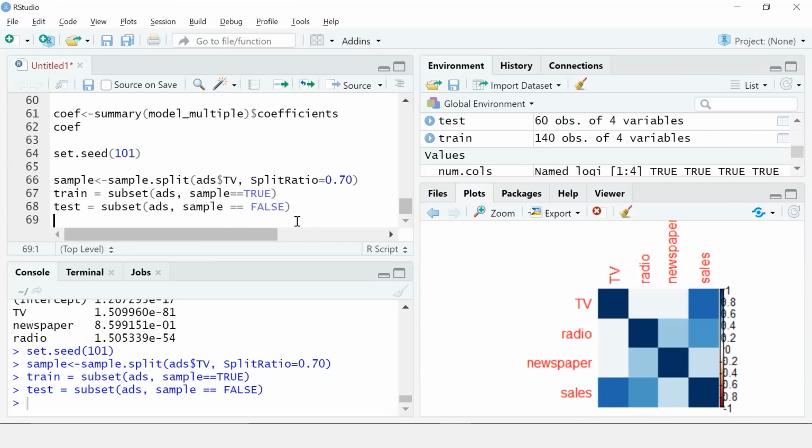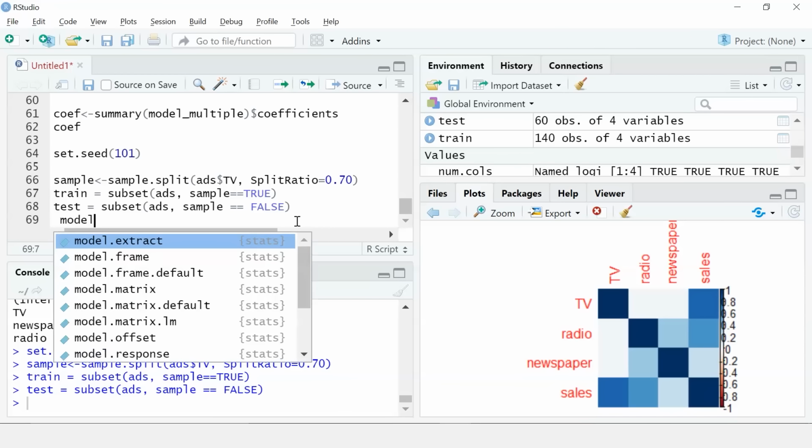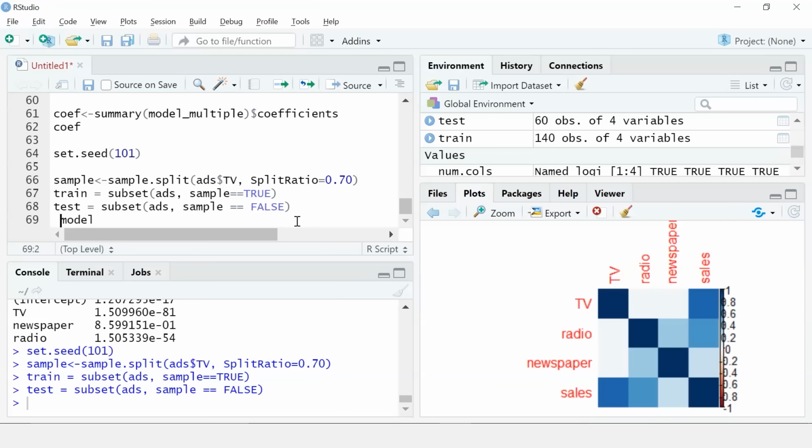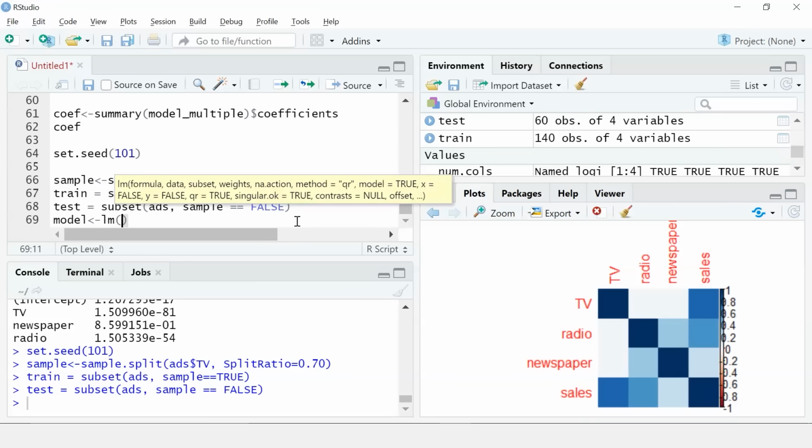Now we will use the same lm function to create our model. So I'll take model as my variable and assign it to the lm function. So I'll assign the linear model to the model variable.